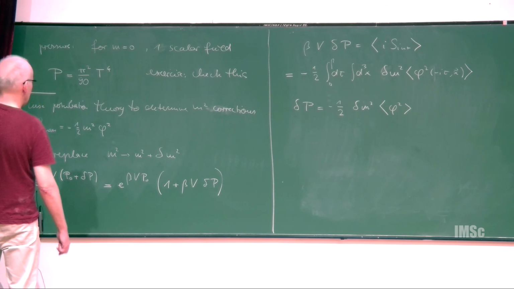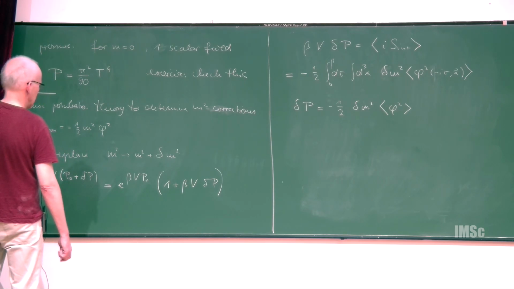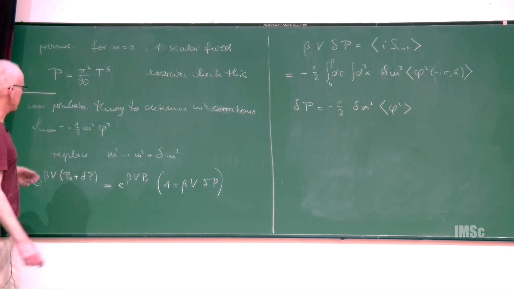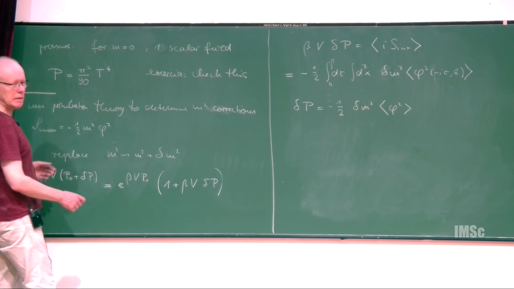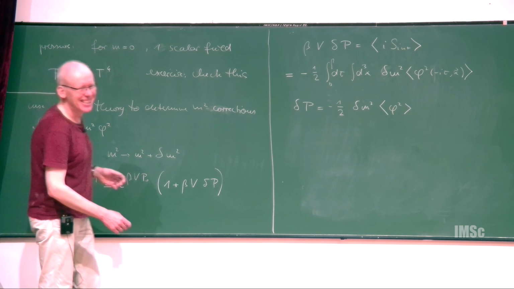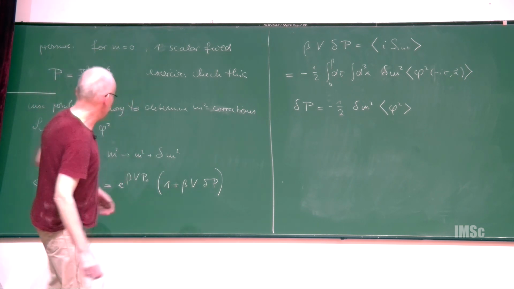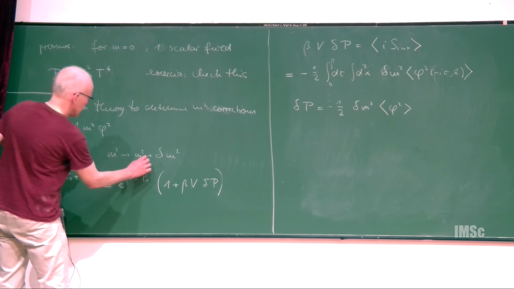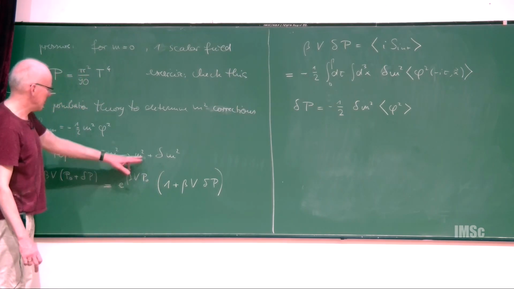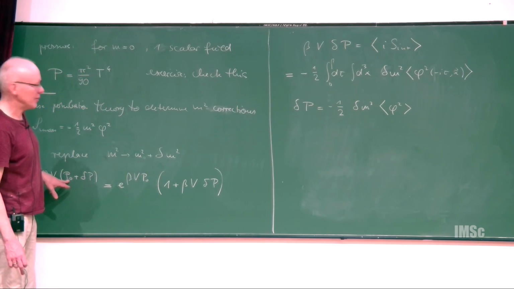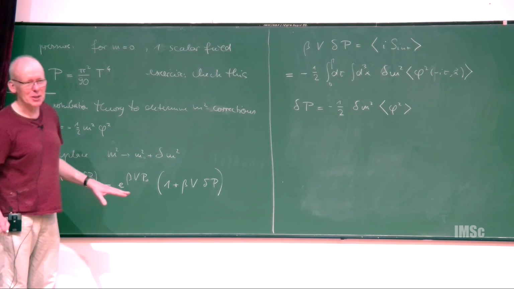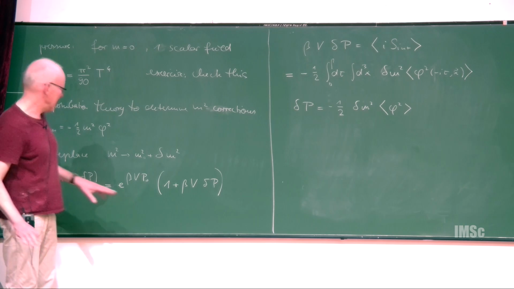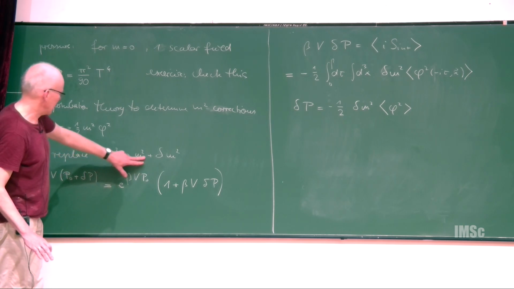Like m0 going to m0 squared plus delta m squared. But that doesn't matter. That is why this question arises. I'm not suggesting you do this, but this is what the question defines. It would be more clear if I would write m0 squared plus this, and then this m0 squared determines this. I was just saying that is how the question arises.